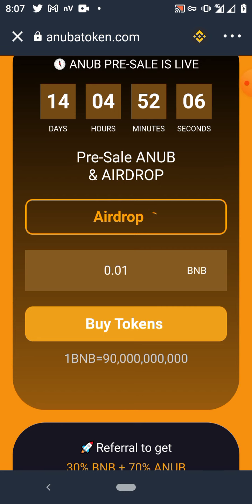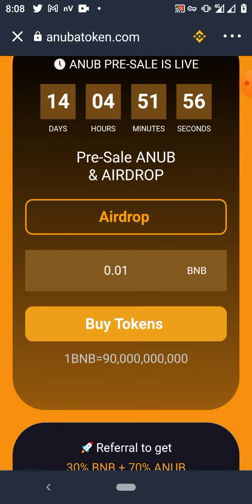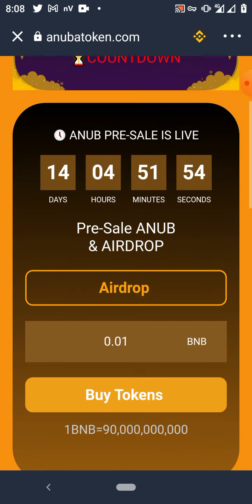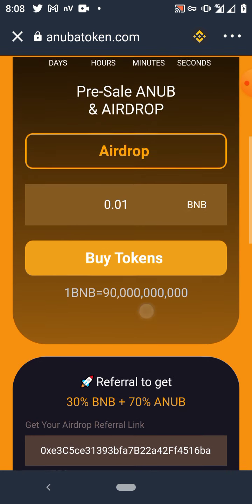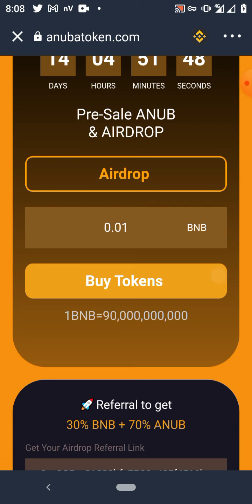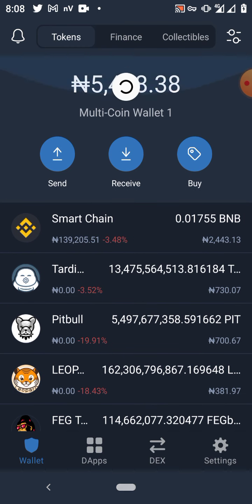When you click on approve, you hold on, let it load. You can see what I'm doing here. You see the page that says payment successful. You click on OK. When you click on OK, then you leave this page. Then you come to your wallet and you refresh,